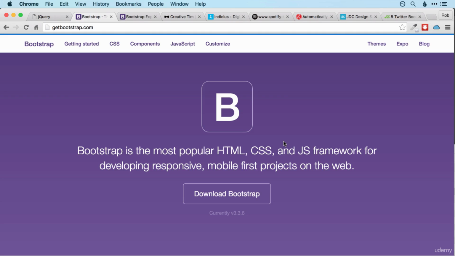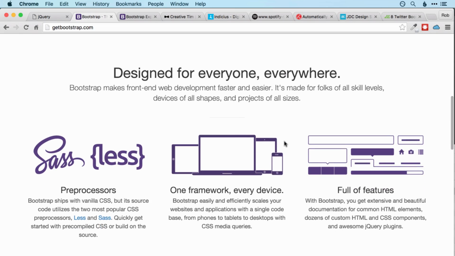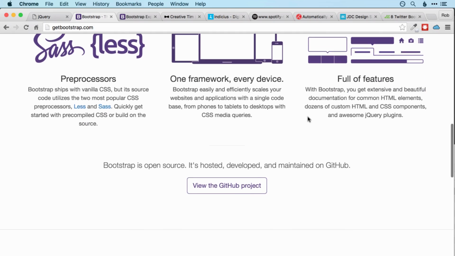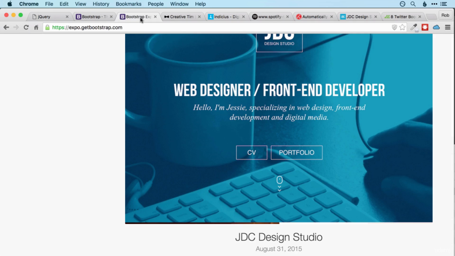That's really important for web developers at the moment because the use of mobile is increasing very rapidly, but desktop certainly isn't going away anytime soon. So feel free to go to getbootstrap.com and have a bit more of a read if you want to see more about what it does, but really the features will make a lot more sense as we work through them in this chapter. There's a huge number of websites that are built with Bootstrap, over 7 million of them in fact, and if you go to